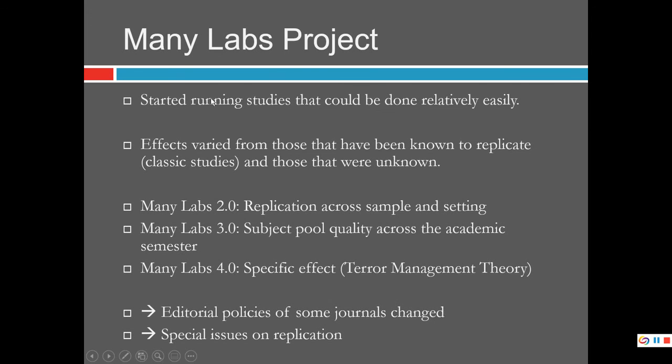Because of things like the Many Labs projects and these different norms of openness, there have been some positive changes. Some journals have changed their policies such that you get priority for having open methods, open data, and pre-registered hypotheses, or you get little badges printed on your paper that show that you did one of those three things: open methods, open data, and pre-registration. And I know it seems kind of silly, but it is really a marker that people are recognizing now that it's important to try to get.